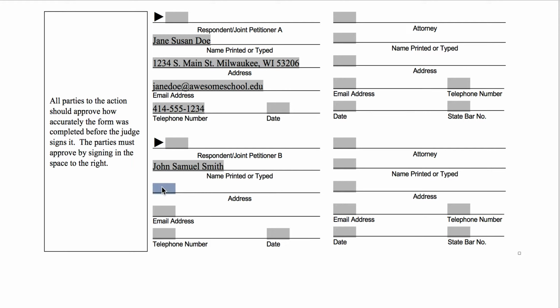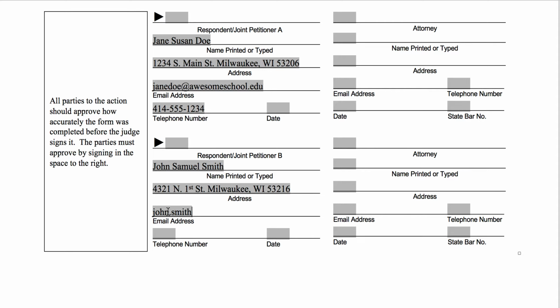And we'll go down here, which is in Milwaukee. And then we'll put John's email address.